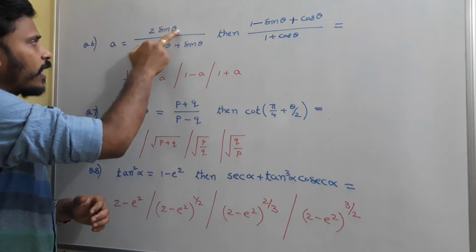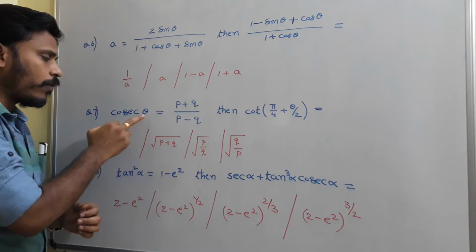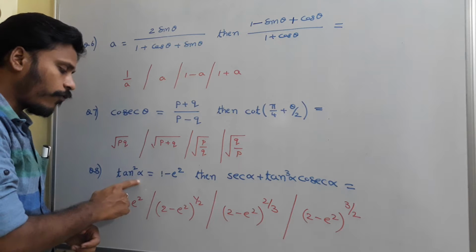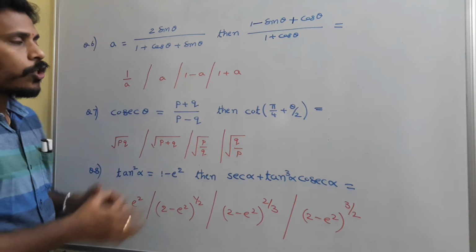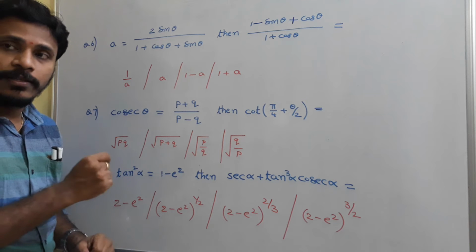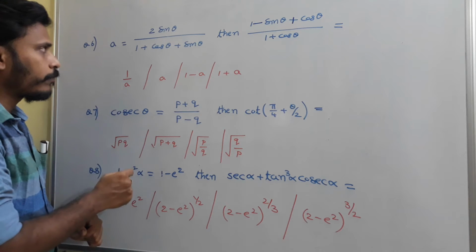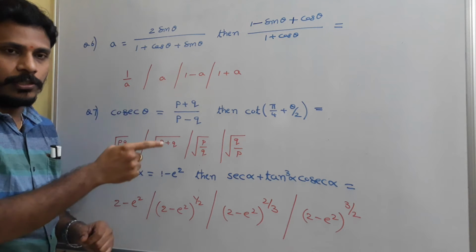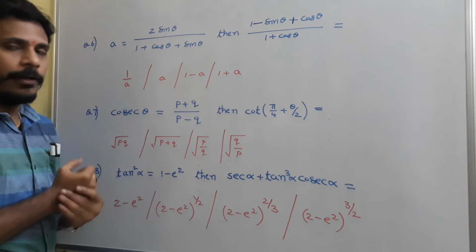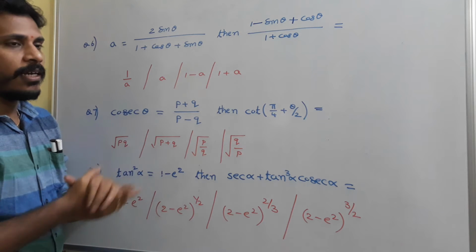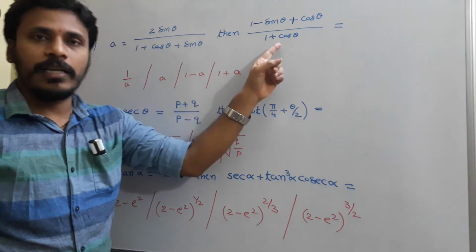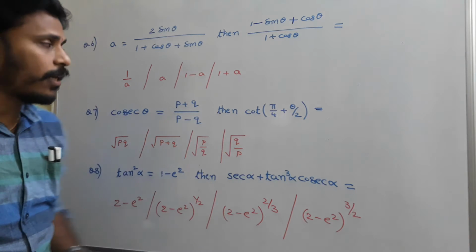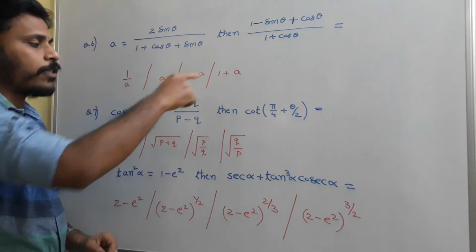This problem involves angle theta with the variable a. This problem involves angle theta with some other variables p and q. And this problem involves angle alpha and another variable, say e. So in each and every problem, first of all we need to fix one particular value for the angle in the given equation, or in the given relation. With that value you need to find a. That's the first part. And the second part, you use the same angle for the required expression, find its value and express that value in terms of that particular given variable as mentioned in the options.